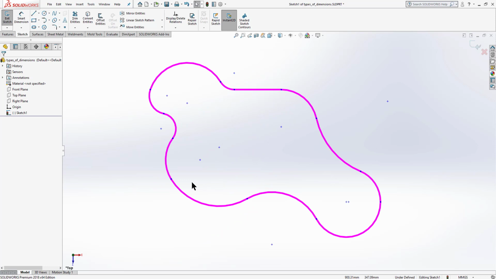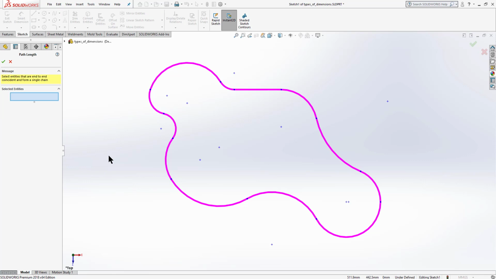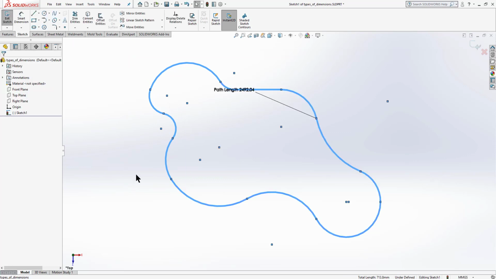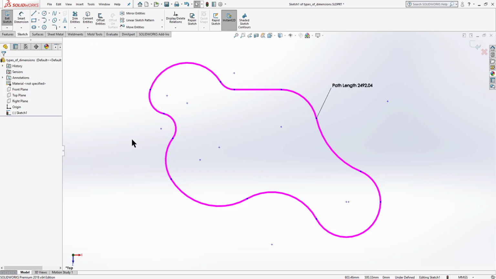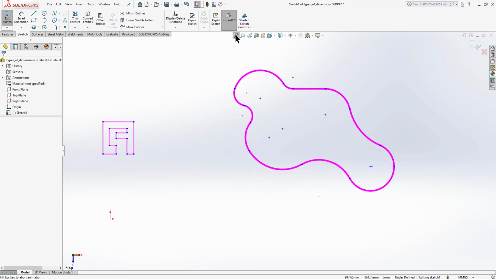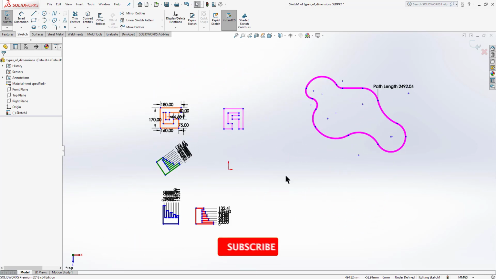This sketch is made up of different curves, you can see. And if we want to dimension the whole path length, just go to dimension and select path length dimension. Just select this sketch one by one, or you can use the box selection and then click OK. Now here you can see the path length is given over here. Now click OK. So now that you have learned all types of dimensions given in SolidWorks,